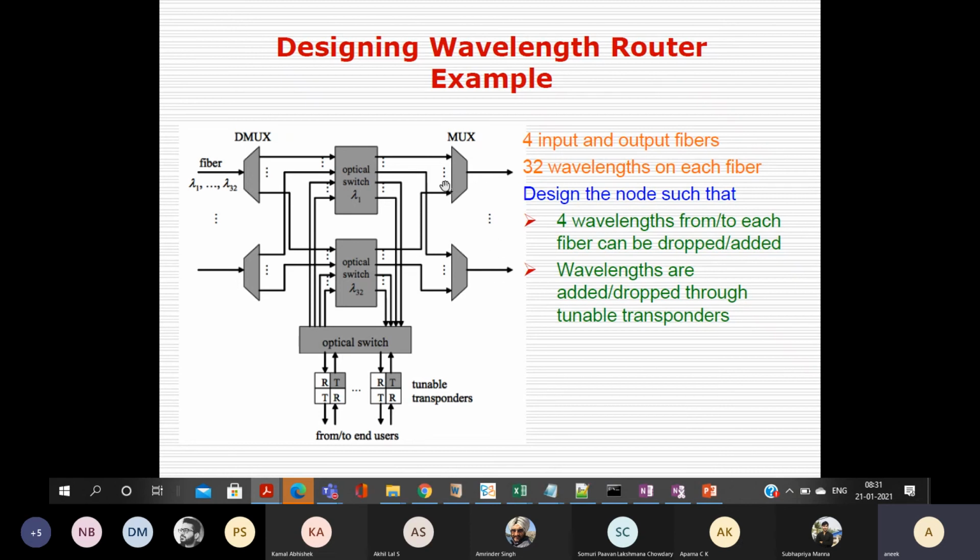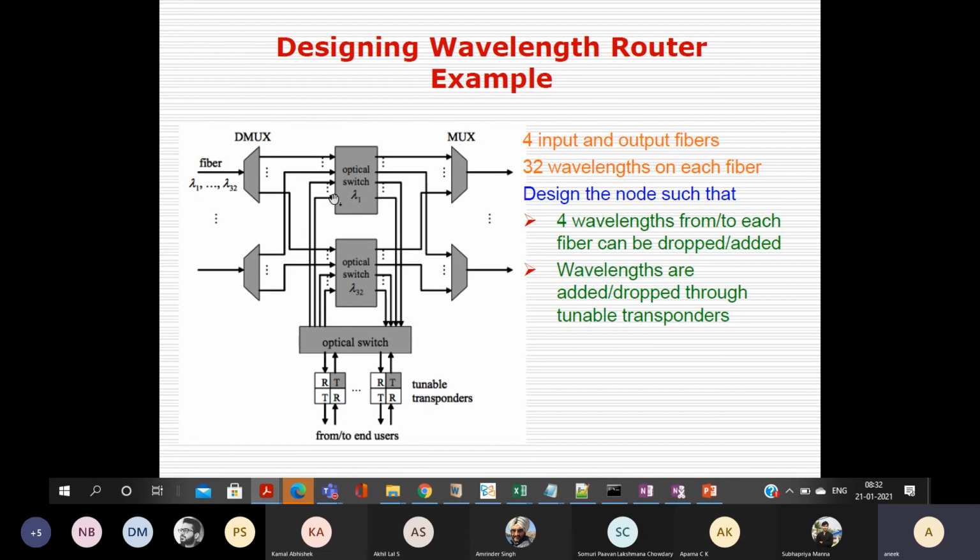Since you have 4 fibers, maximum you can generate 4 λ1 wavelengths, and 1 λ1 wavelength will go to 1 fiber. So you have 4 different fibers, so you require 4 λ1 sources. So you should have the 4 input ports to generate these 4 λ1 signals.